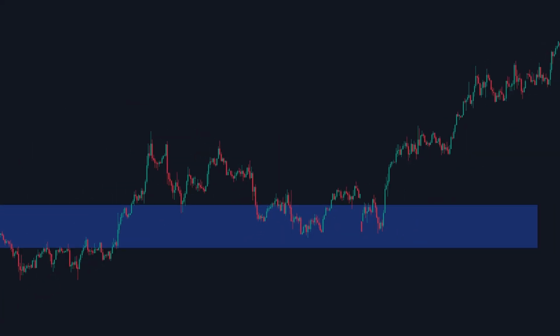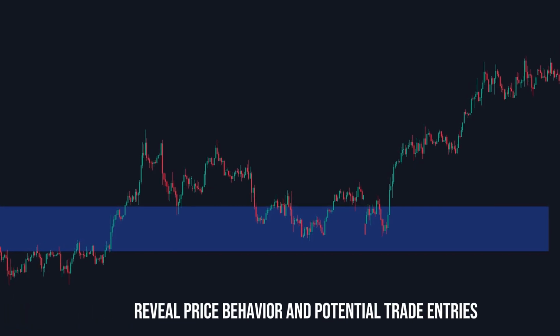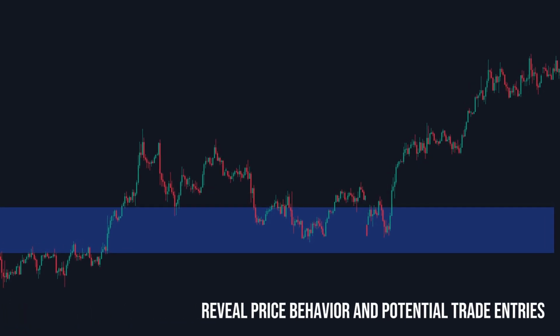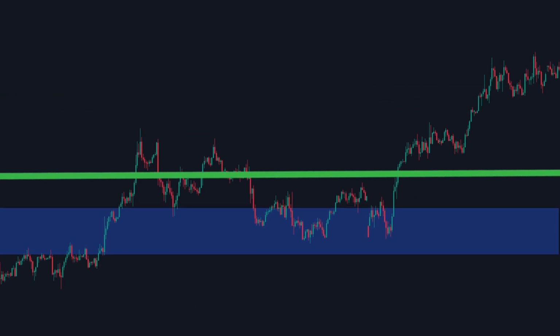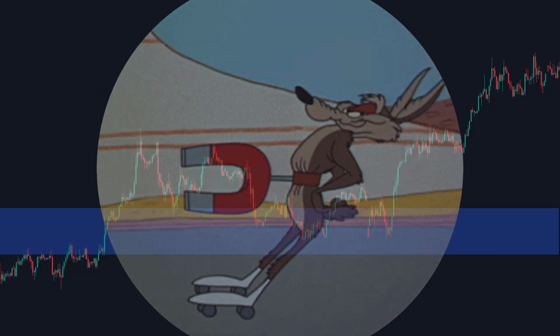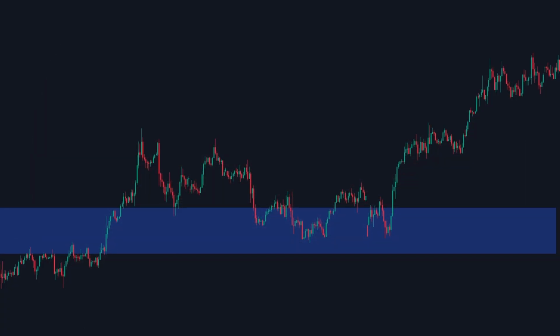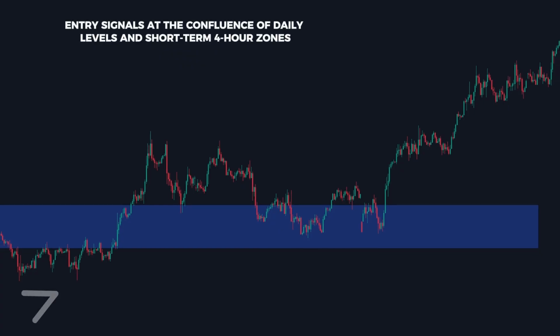While the daily chart defines the bigger picture, major levels and overall trend, the 4-hour time frame zooms in to reveal price behavior and potential trade entries. Notice how key daily support and resistance levels remain clearly visible here. These zones act as strong magnets where price frequently reacts or reverses. Some high-probability trade setups on the 4-hour chart include: